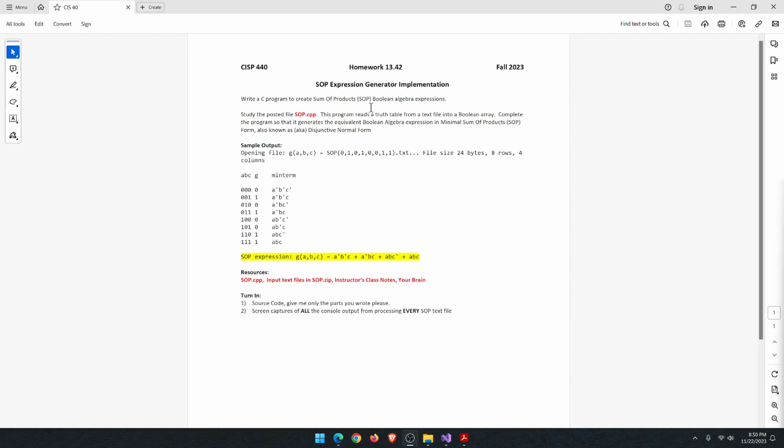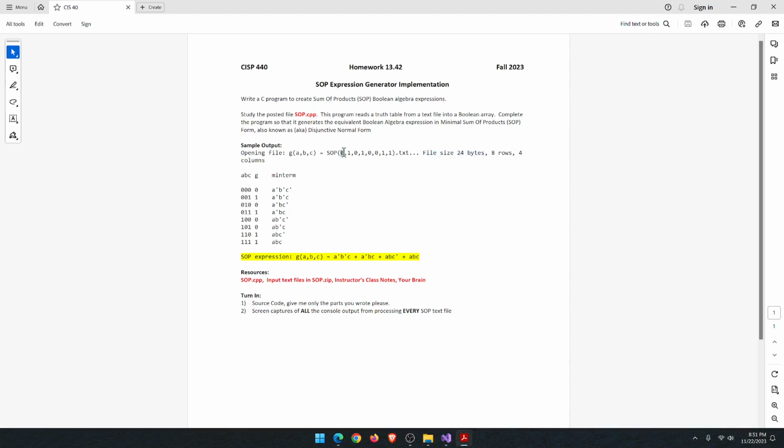Okay, so here's the handout from the assignment. I've got a helper source code that's mostly written. You need to finish one function in that. What it does right now is it opens a file. This is the name of the file right here. It's SOP 01010011, which represents the output column, the G column, right? It's these zeros and ones on the output side of the column, and the code figures out that that's 24